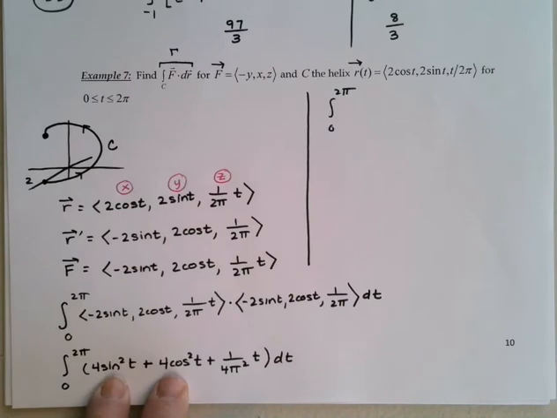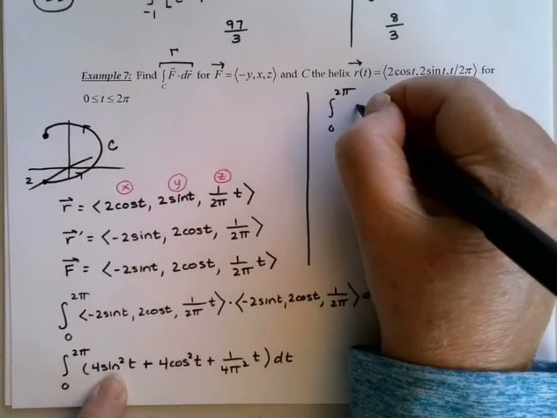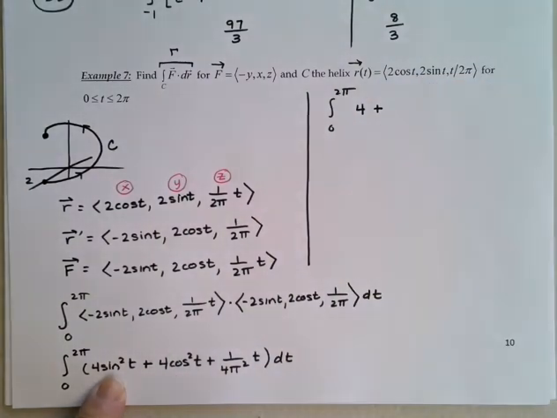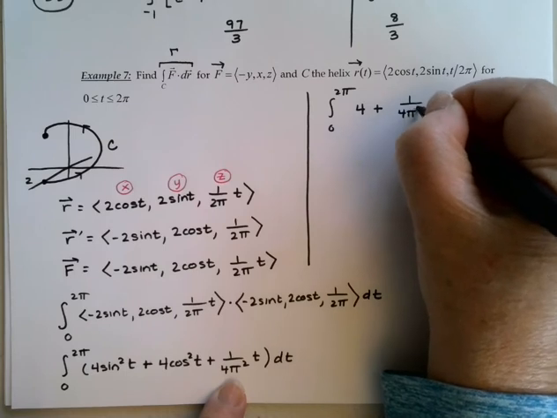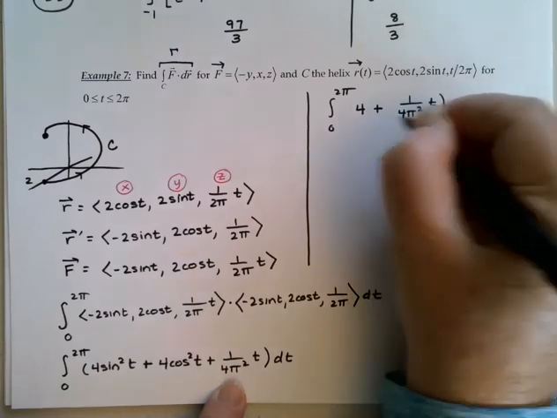Four sine squared t plus 4 cosine squared t is just 4, plus 1 over 4 pi squared times t